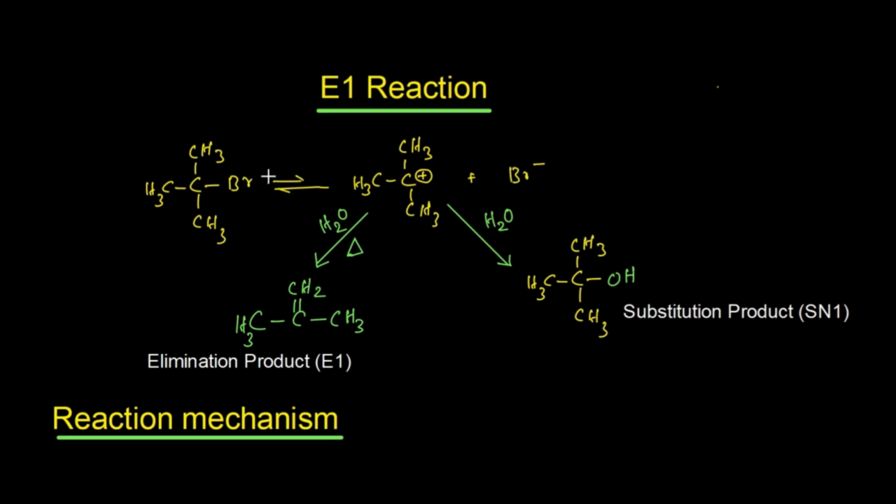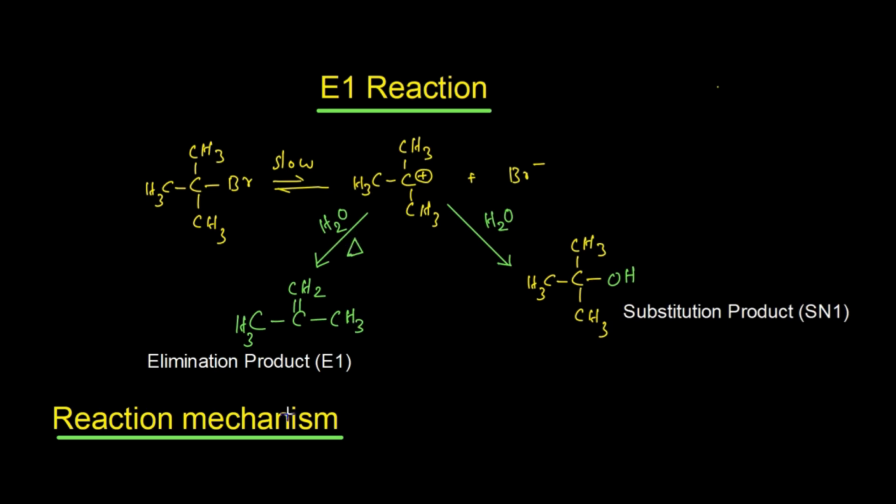So this is the tertiary alkyl halide. As we know, the first step will be the slow step, because the carbocation formation is slow, and then the nucleophile attacks the carbocation and we get the substitution product by the SN1 pathway. Now this carbocation intermediate may stabilize by some other pathway,